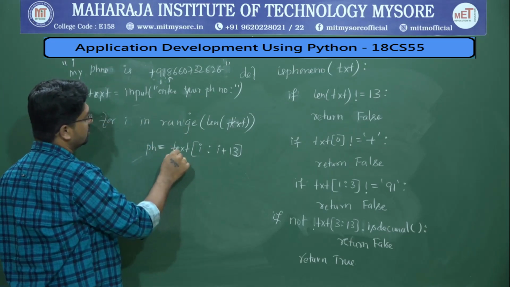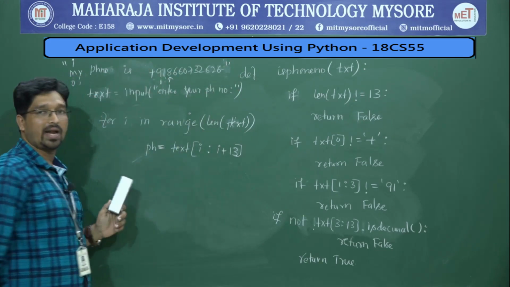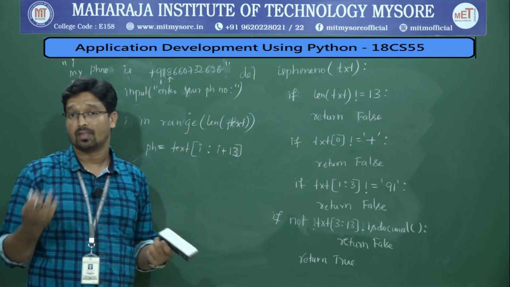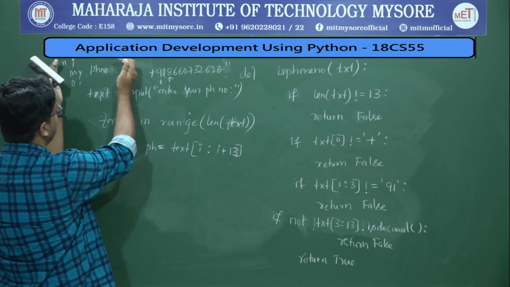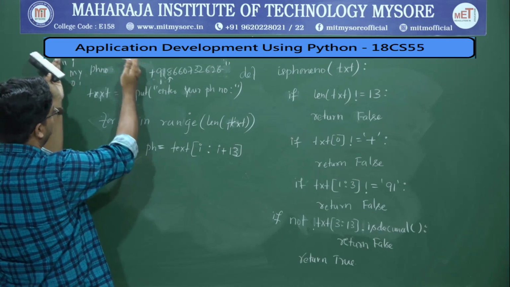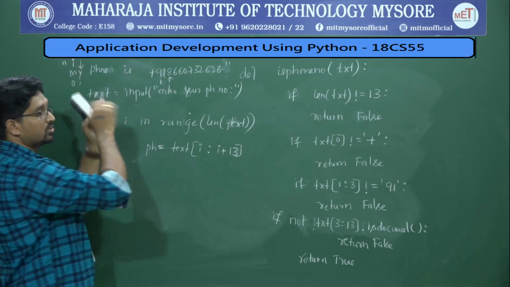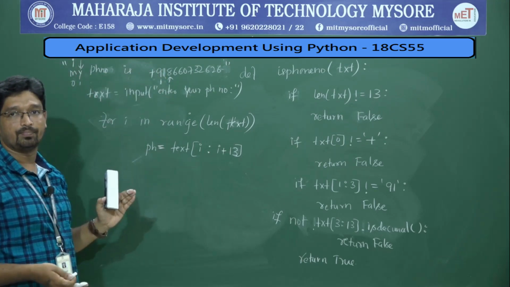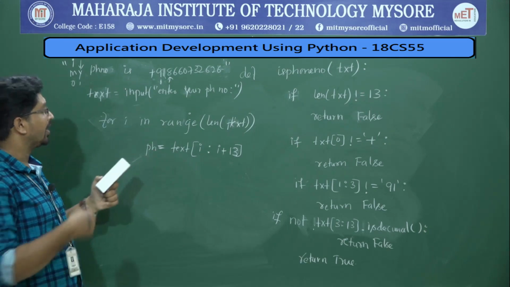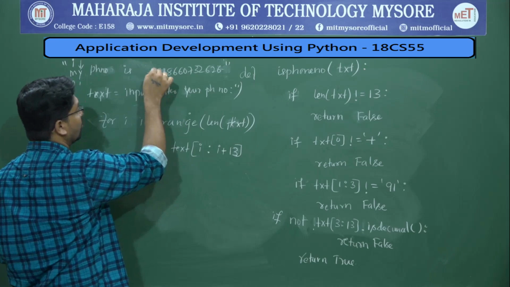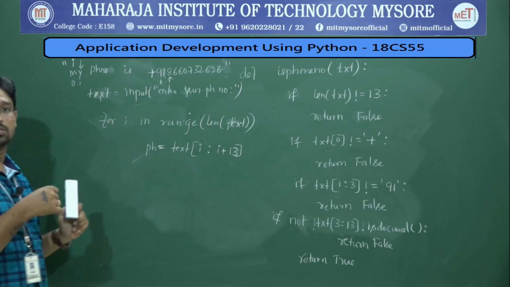So first, for i in j, if i is equal to the plus symbol, then from there you can take 13 characters. Even that is good. Instead of taking 13 characters, if these 13 characters are not matching with a phone number, then starting with the next character, take 13 characters. So like that you can keep on incrementing the for loop. The other way is to find the plus symbol. Once you find the plus symbol, from there you consider 13 characters, including the plus.